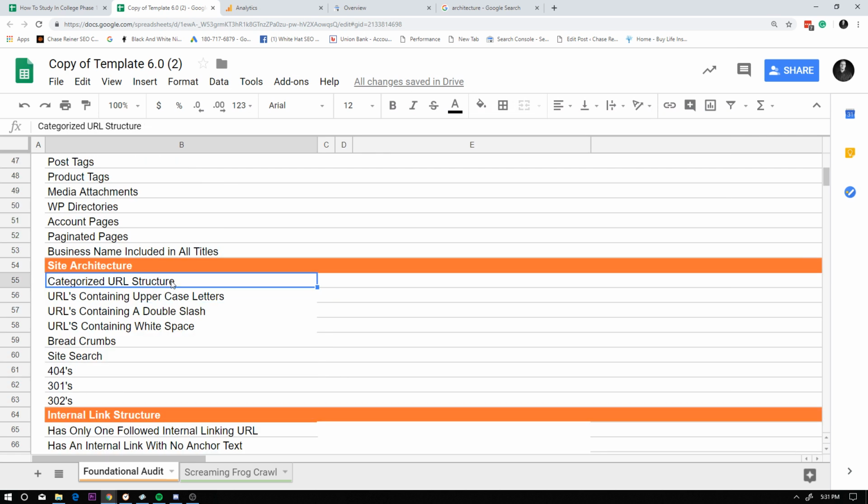So first of all, categorized URL structure. Do you have any idea what that means? I can guess, like, maybe it just makes sense with the URL, and it's not just randomly made URLs. Okay, I need you to be more specific. Like it makes sense. What makes sense? Just the URL, like,